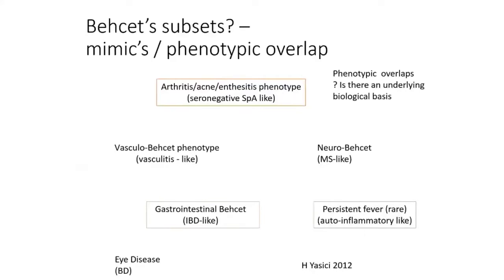Here we can see how some of the combinations of clinical features of Behcet's that we've been discussing can masquerade as other conditions and cluster together. And as we'll hear later, these disease phenotype patterns and overlaps may have an underlying biological basis. I particularly point out the arthritis, acne and enthesitis phenotype, which may mimic seronegative spondyloarthropathy patterns that have appeared in some cohorts. The GI Behcet's phenotype, which looks very much like inflammatory bowel disease and sometimes is extremely hard to